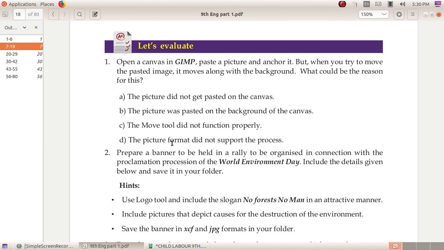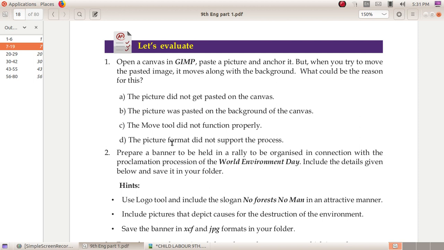B, the picture was pasted on the background of the canvas. C, the move tool did not function properly. D, the picture format did not support the process. The answer is option B, the picture was pasted on the background of the canvas.